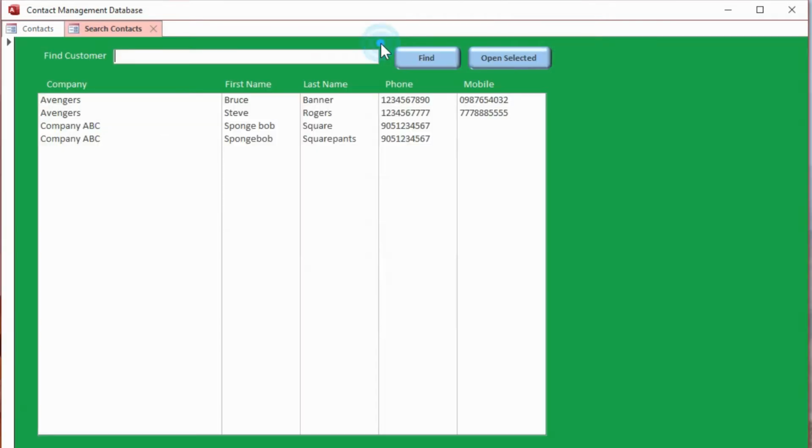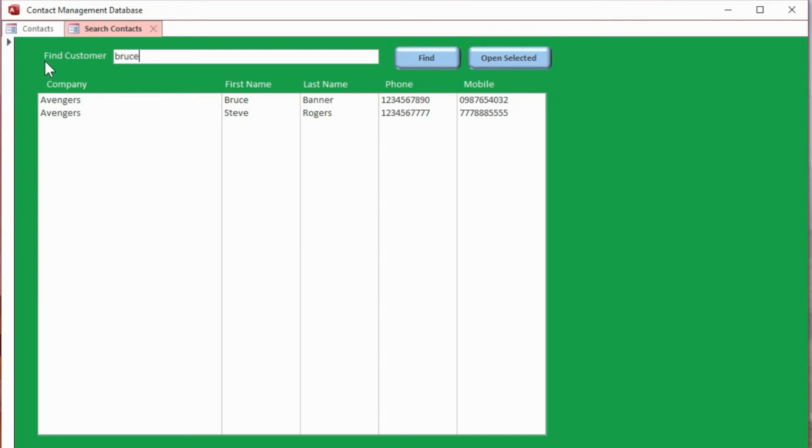And here you can go to search for contacts. This makes it so much easier than it was in ACT. Previously, I'd have to go into find first name or find last name. It doesn't matter what you want to search for. You can type in anything here and just type in part of it. You don't have to type in all of it, and it shows everything here.